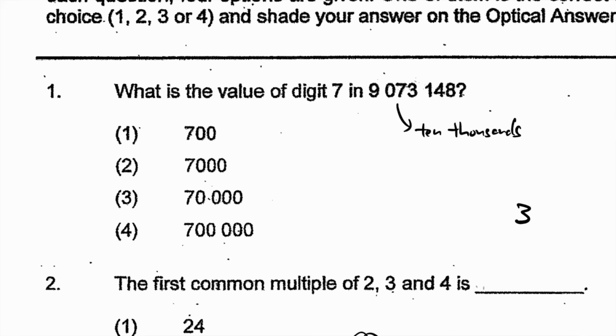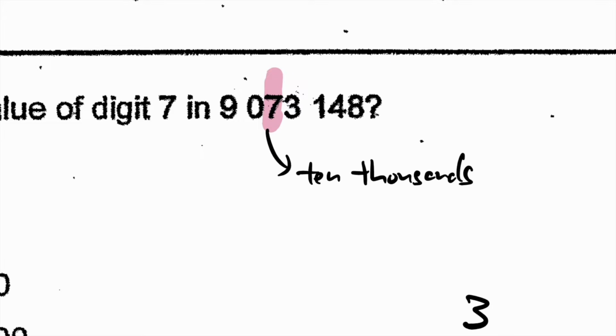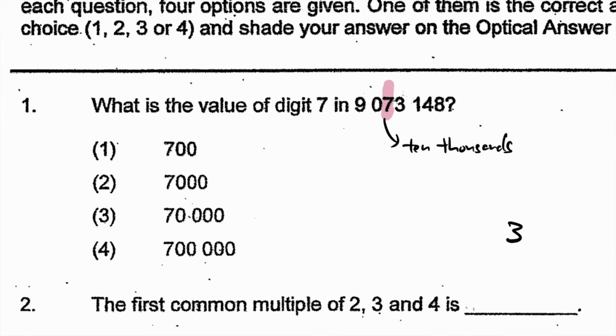Here we go, booklet A. Question 1, what is the value of the digit 7? So what I like to do is to just pay attention to the digit 7, and if you look closely, that's in the 10,000s place. They're not asking for the place value though, they're asking for the value. So that is